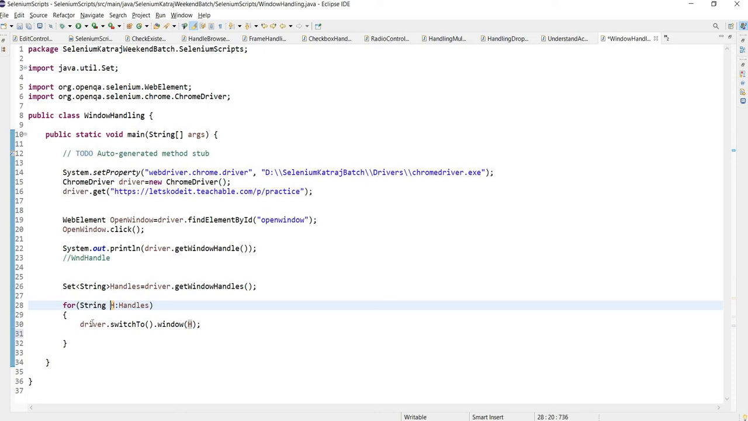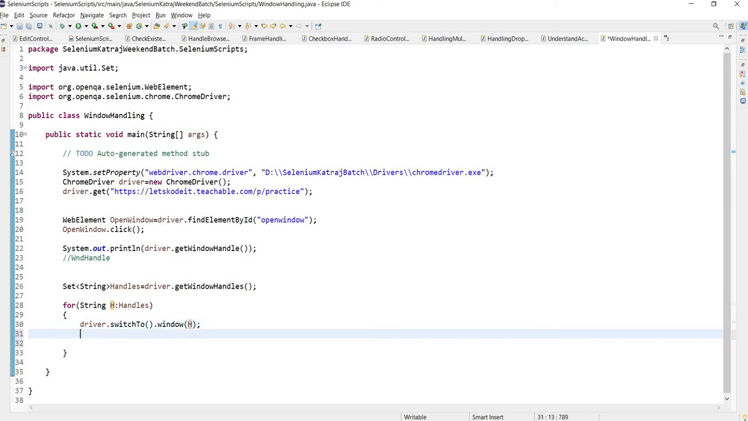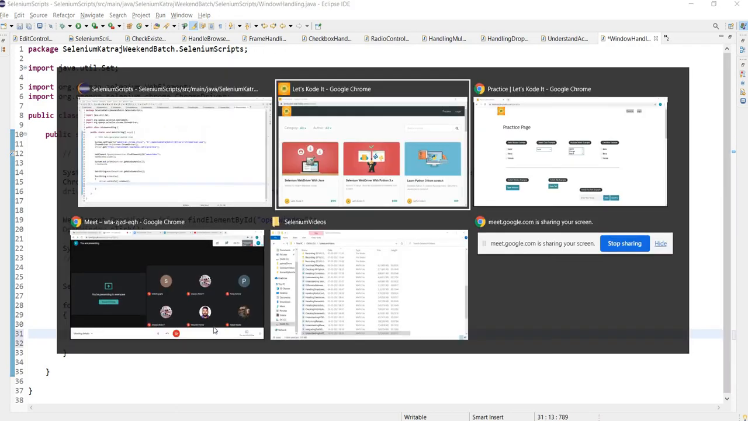What I will do now, I will just pass that handle to the driver. So I am saying driver dot switch to dot window and passing the handle. So I am asking my driver to now switch its working context to the window, the handle of which I am passing to you. So it will switch its working context,